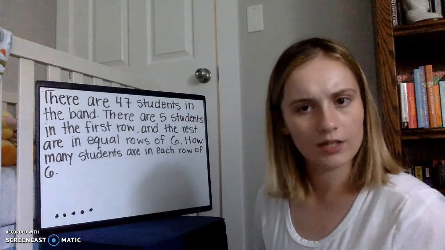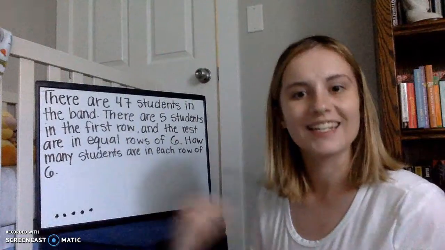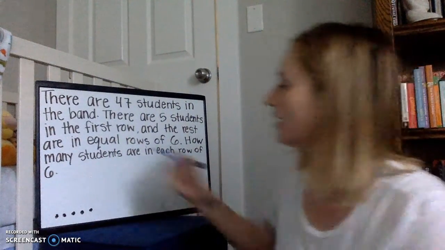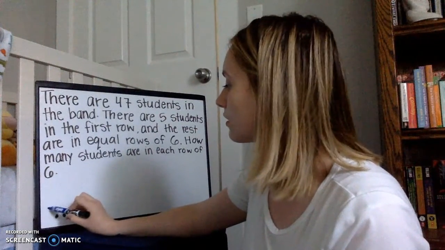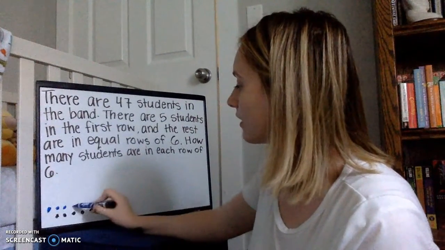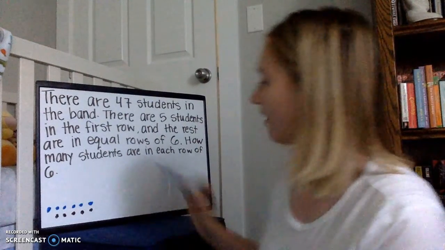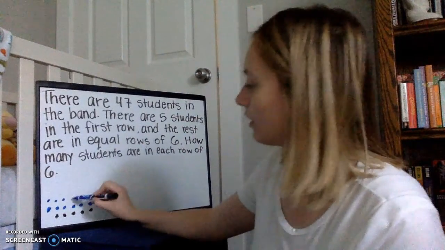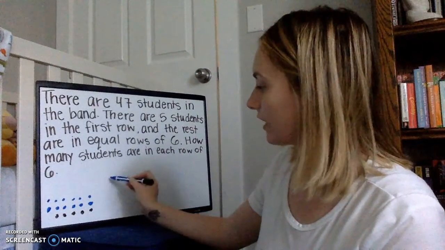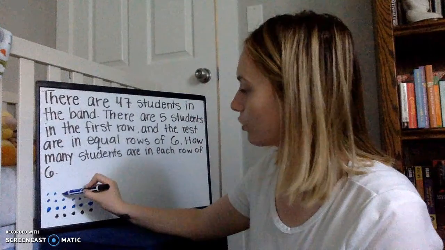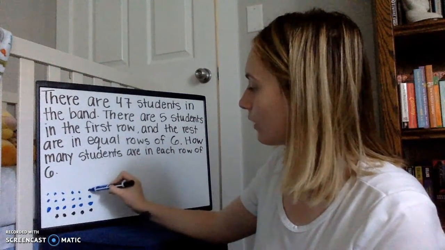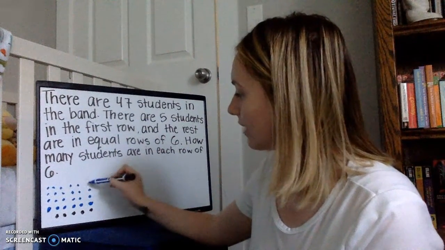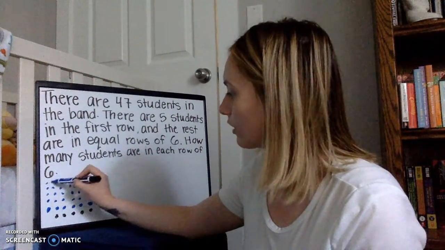Okay, so now it sounds like I'm going to have to make rows of 6 until I get to 47. Right? Yeah, I could do that. So I've got 5 students already. Let's make some rows of 6. 5, 6, 7, 8, 9, 10, 11. All right, there's one row of 6. 12, 13, 14, 15, 16, 17, 18, 19, 20, 21, 22, 23, 24, 25, 26, 27, 28, 29, 30, 31,